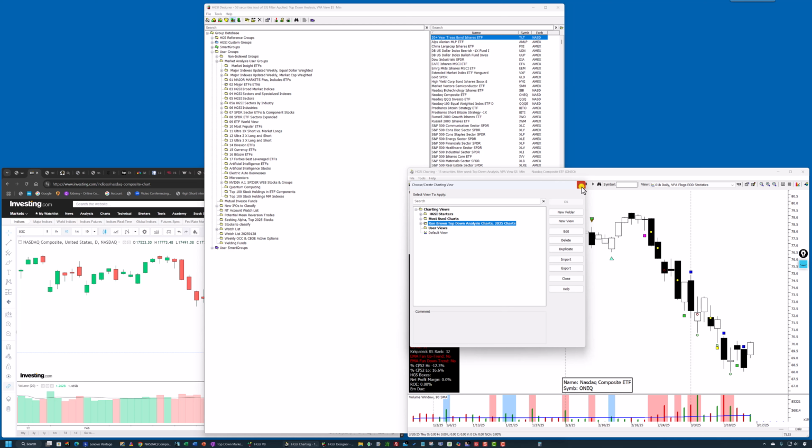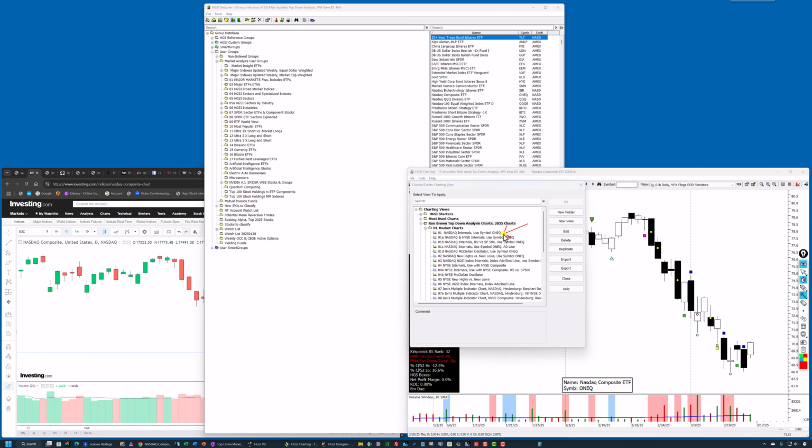Because when your charts come up after installation, you're going to see that it looks like I've got too many ones in here. I'll fix that before you download it. But what I did is I suggested using this ETF for any of the NASDAQ analysis charts. Okay, I paused the video and I fixed this. Now there's 1A, 1B, 1C, and 1D. Anyway, these can all be used